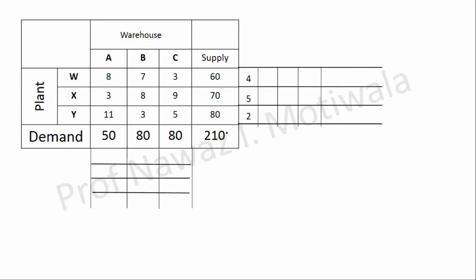In the first row the penalties are 4, 5 and 2. For the columns it is 5, 4 and 2. So you can see here that there are penalties which are coinciding. Here also there is 5 and here also the penalty is 5. So the maximum penalty is occurring on two sides.